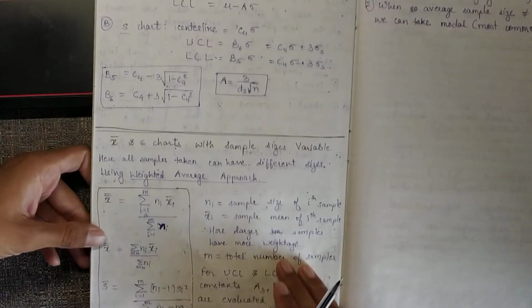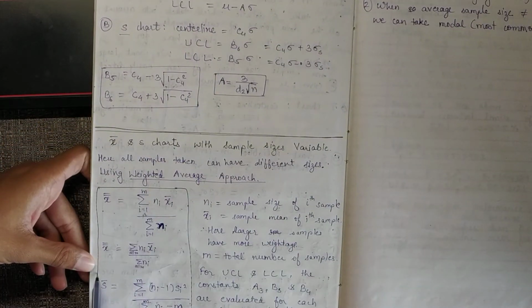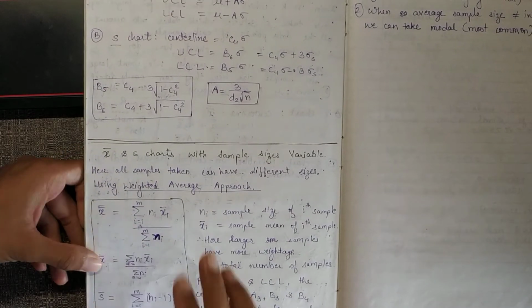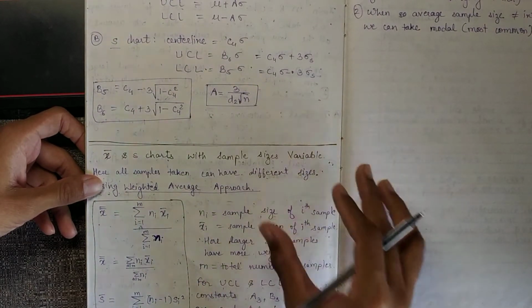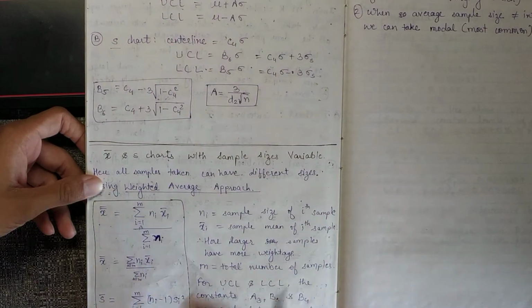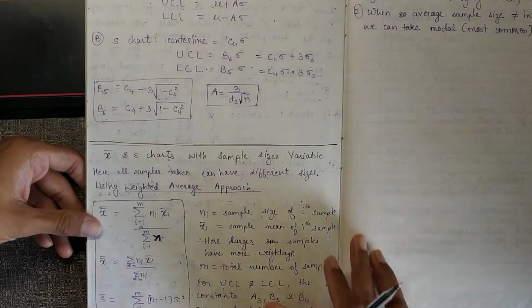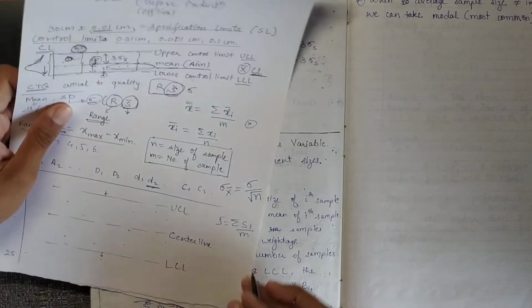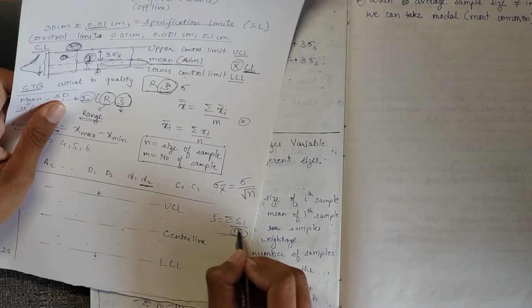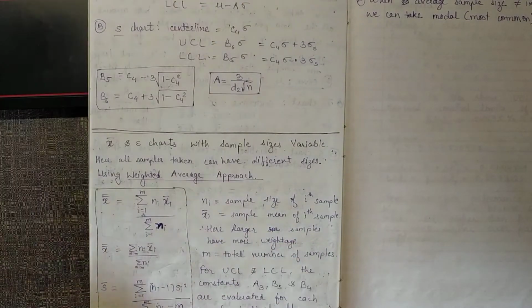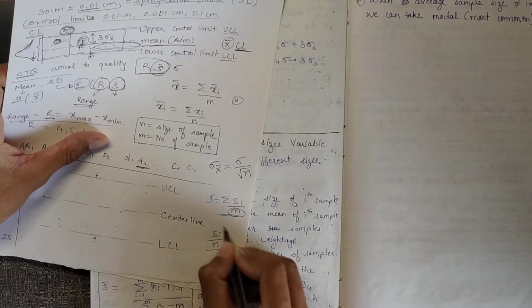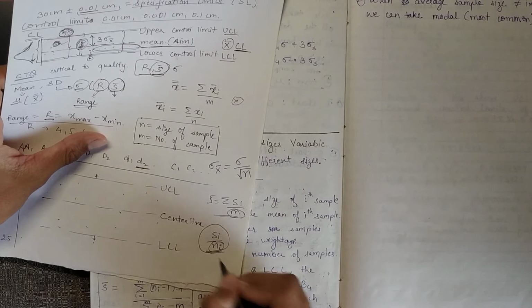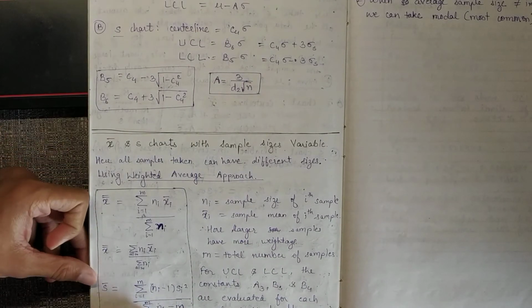And the formula for s bar is here. When the sample size becomes variable, for example the first sample is of size 5, another sample is of size 6, the third sample is of size 3, then we cannot directly take such a mean, because the sample size will vary. So when we do Si by n, the n values are also changing. So in that case we need to take s bar using this formula.